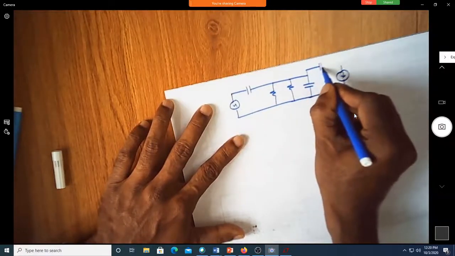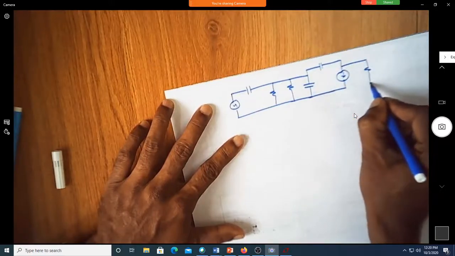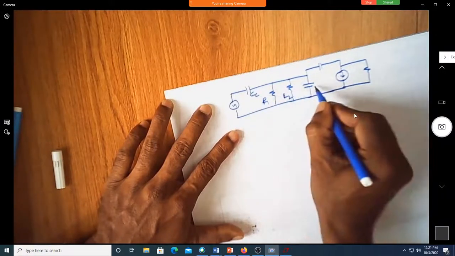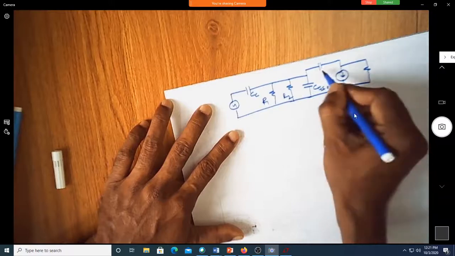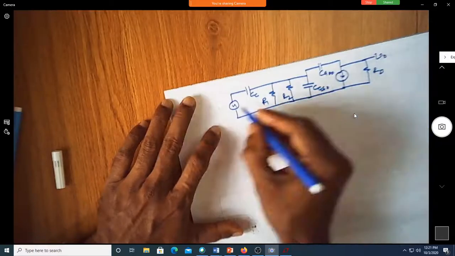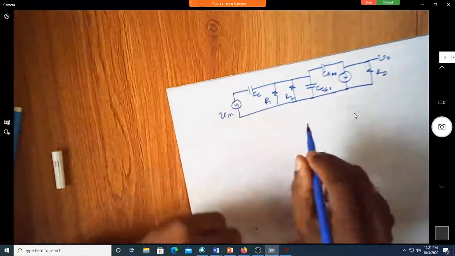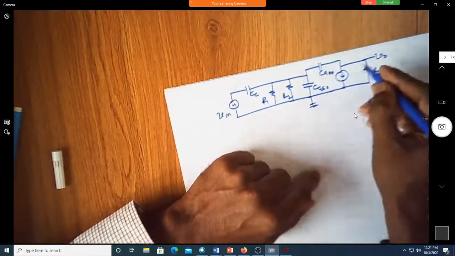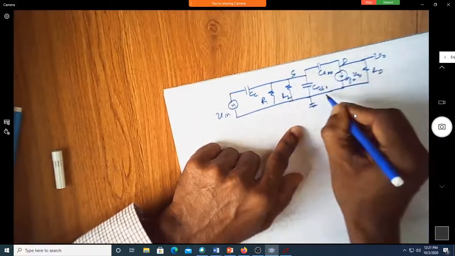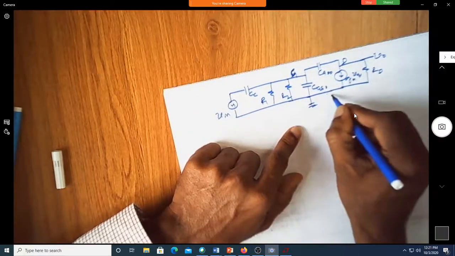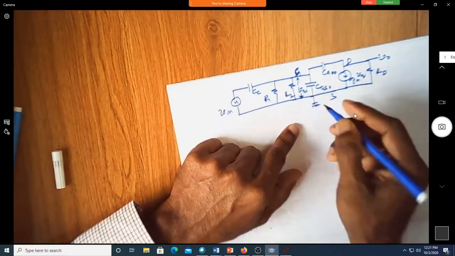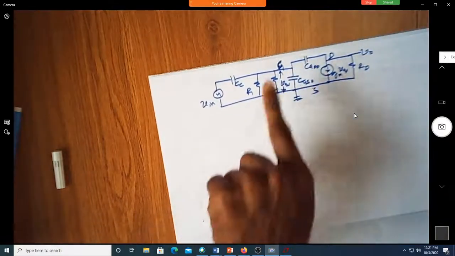So this is the equivalent circuit now. You have R1, R2, this is CC, this is CGSO, this is CGDO, this is RD, this is V0, this is Vin. Whenever you write a small signal model, all these things should be written: gm into VGS, this is gate, this is source, this is VGS, this is drain. Whenever I see any of your small signal models, the entire thing should be there. So I didn't miss a single thing.